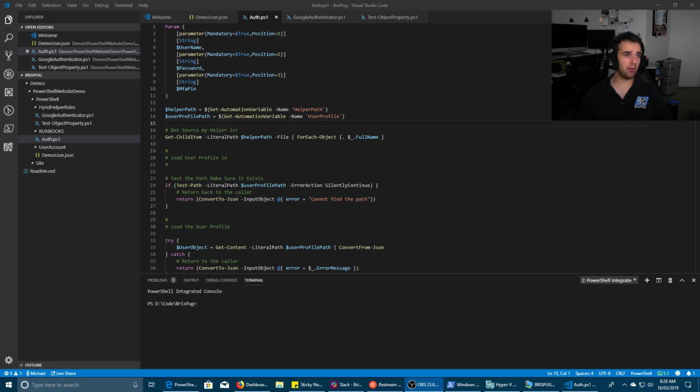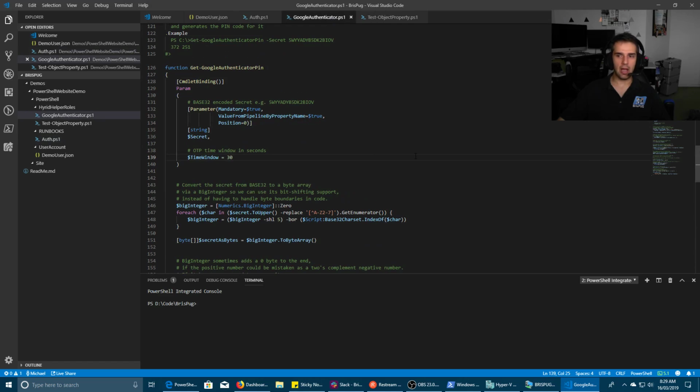Also, I had a bit of a play around with the Google Authenticator app last night just to get an understanding of how it worked, and it's actually very interesting reading. It's a little bit over my head. It's taken me a little while to get my head around some of it. I'm not going to say I'm over all of it, but it's quite an interesting concept of how that entire process works. So on a high level, basically